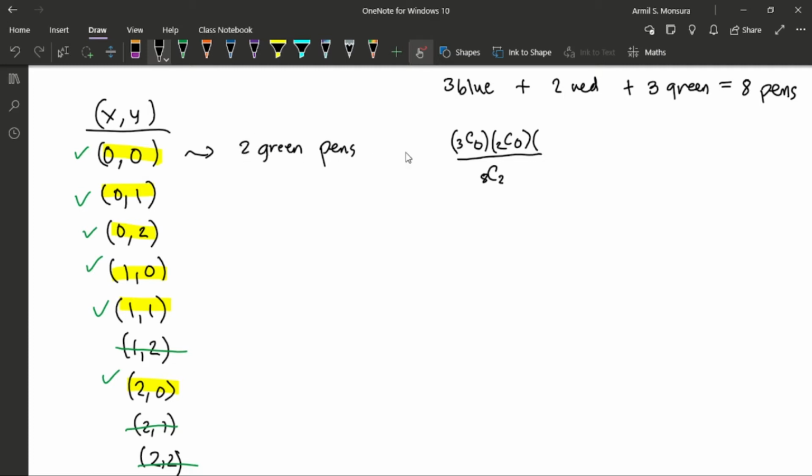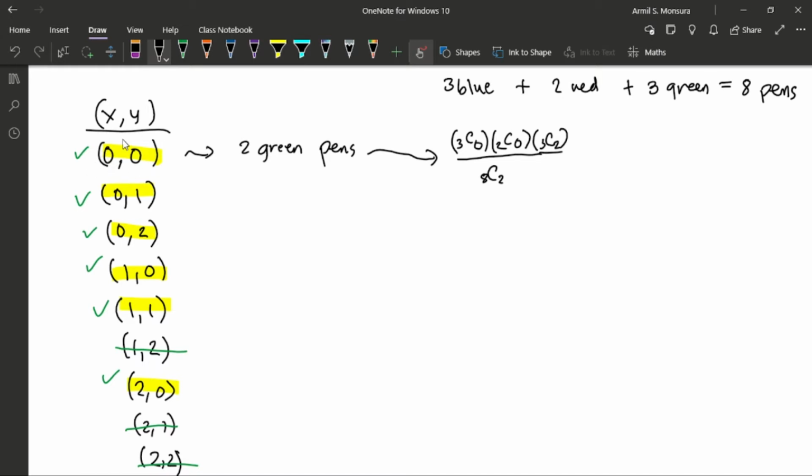Okay, so the number of ways that we can select 2 green pens out of 3 is 3 combination 2. Okay, so there. So that gives you the probability of selecting 2 green pens, and thus